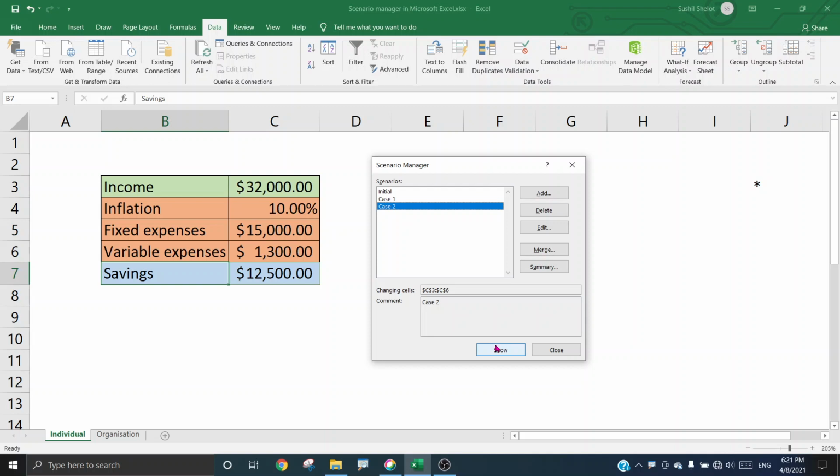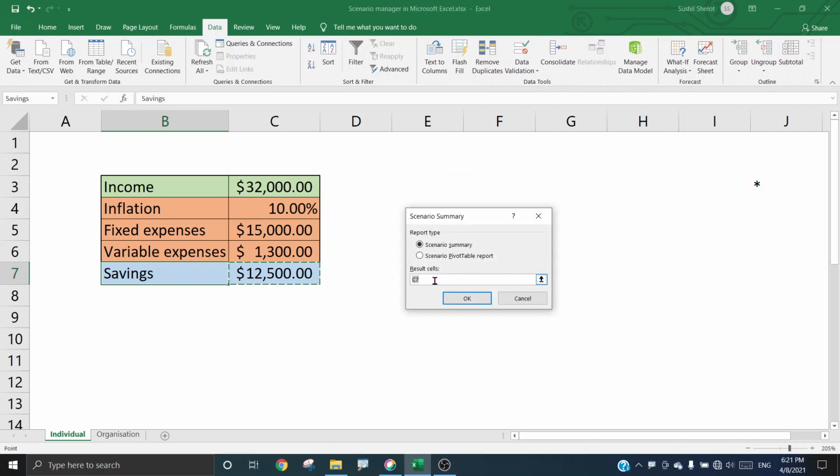But if we want to compare month on month or year on year, how do we do it? It is very easy. Just go to the Summary button here and click it. The summary of all these scenarios will be given on a single sheet. When I say summary, it asks for the result cell to be chosen. As you see on the screen, it is cell C7 that has been chosen. The result cell can be a single cell or multiple cells. In this example it is a single cell, and the scenario summary can be seen as a single sheet or as a pivot table. So I'm choosing scenario summary and I say OK.